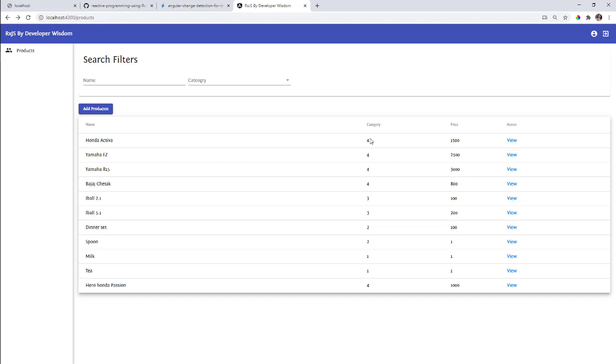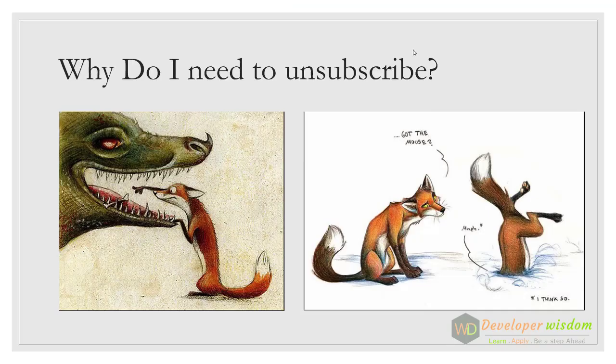So let's look at problem number one, which is unsubscription. Before I write some code to handle my subscription, I would like you to understand why we need to unsubscribe in the first place. I think this picture says it very clearly, but still, if you have an enterprise application and you have multiple subscriptions going on, there are high chances that because of memory leaks your application gets crashed. To avoid that kind of scenario, you need to unsubscribe your subscriptions.